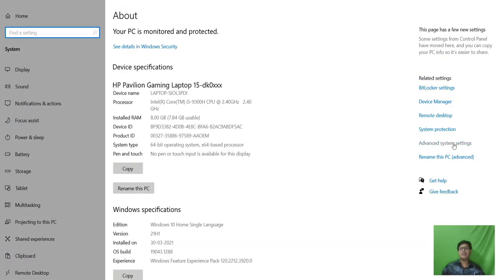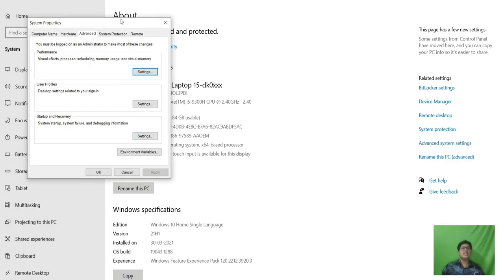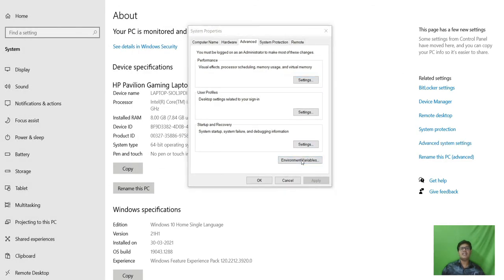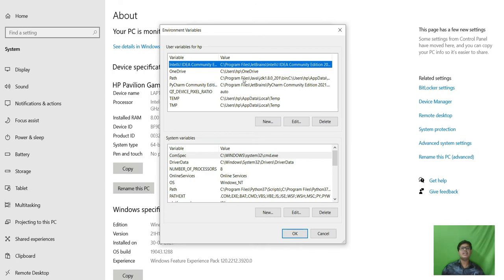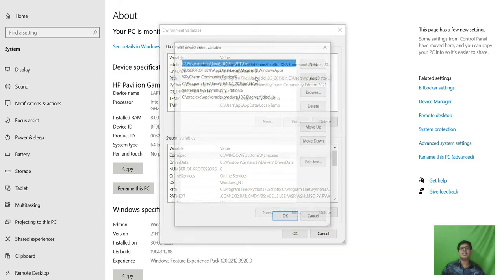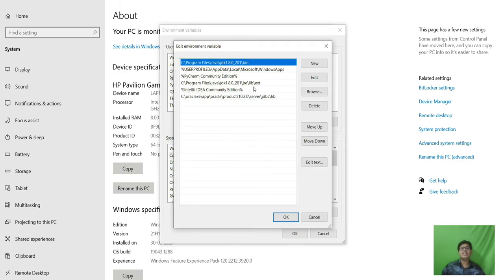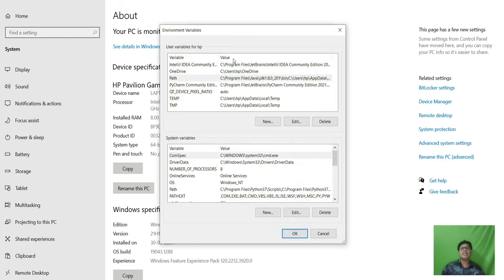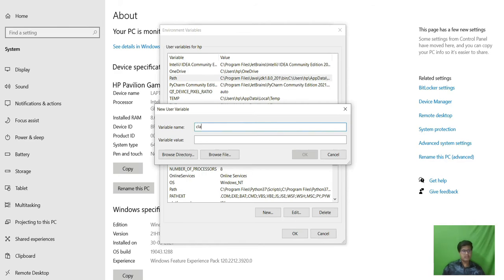In Properties we go to Advanced System Settings, then Environment Variables, and here you can see the classpath. We go to the classpath and paste this path here.